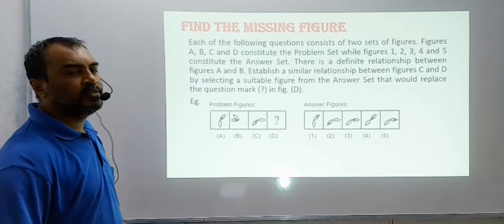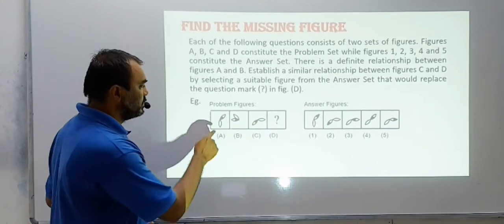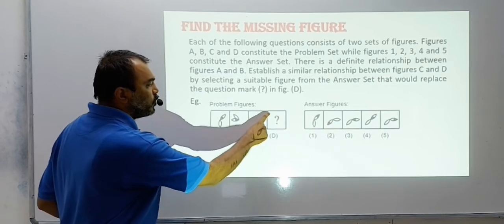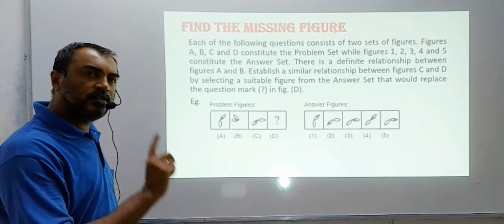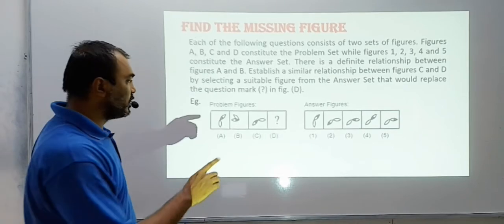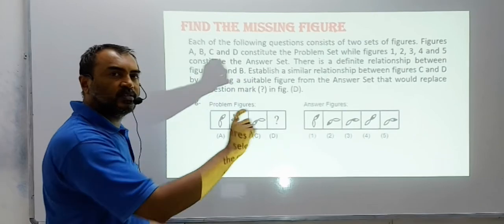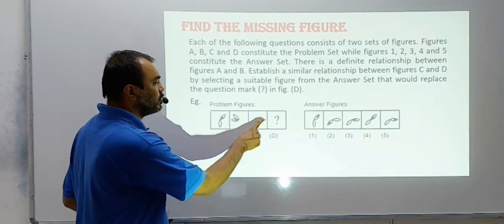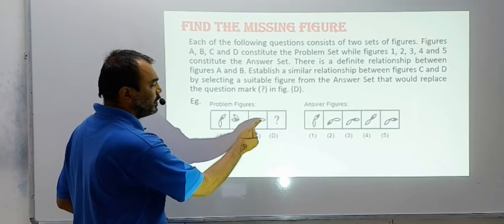Now why I told you to read these instructions carefully is because in some of the picture problems, A, B, C will follow a pattern and you have to find the next pattern, that is D. Am I clear to you? We have done this in the mathematical and the linguistic also. Like we did the number series. Do you remember? In the number series, the first number was related to the second, to the third and so on. So the order goes on and you have to find D.